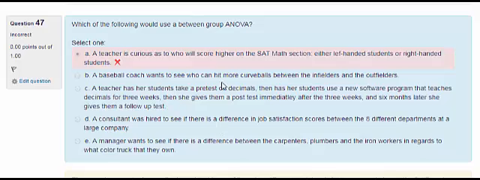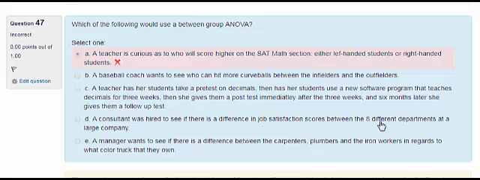Baseball coach wants to see who can hit more curveballs. Again, there's only two groups here. That would be a t-test. Teacher wants to pre-test decimals software, and then she gives a post-test. Pre and a post. That is not an ANOVA. And in a 6 months follow-up, that would be a repeated measures ANOVA, within group ANOVA, not a between group. Consultant wants to see a job satisfaction difference